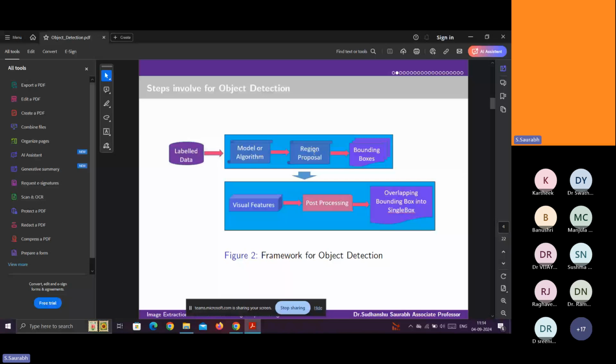Inside the RPN, many mathematics are there. That mathematics is based on computer vision, because image processing and some hardware CPU related things are both there. In OpenCV, because it is a CPU intensive kind of programming, both are combined together and it will generate the region proposal. This is the latest one.